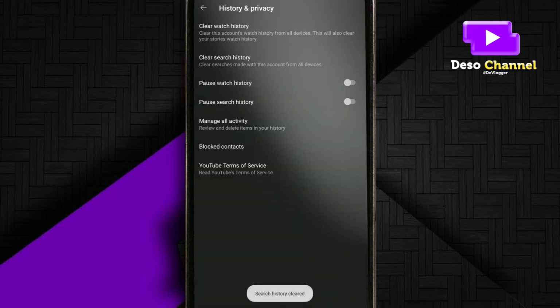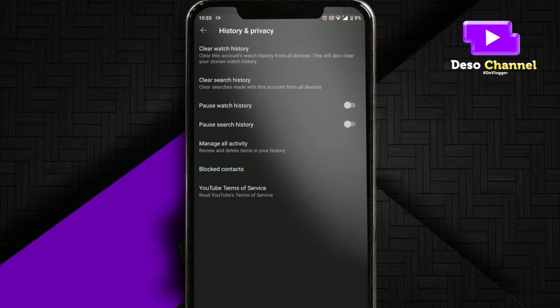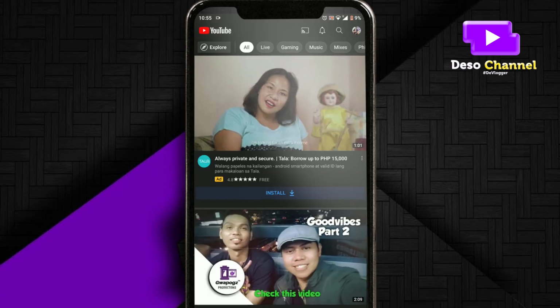Search history cleared. That's how easy it is to delete watch and search history on our desktop and mobile phones